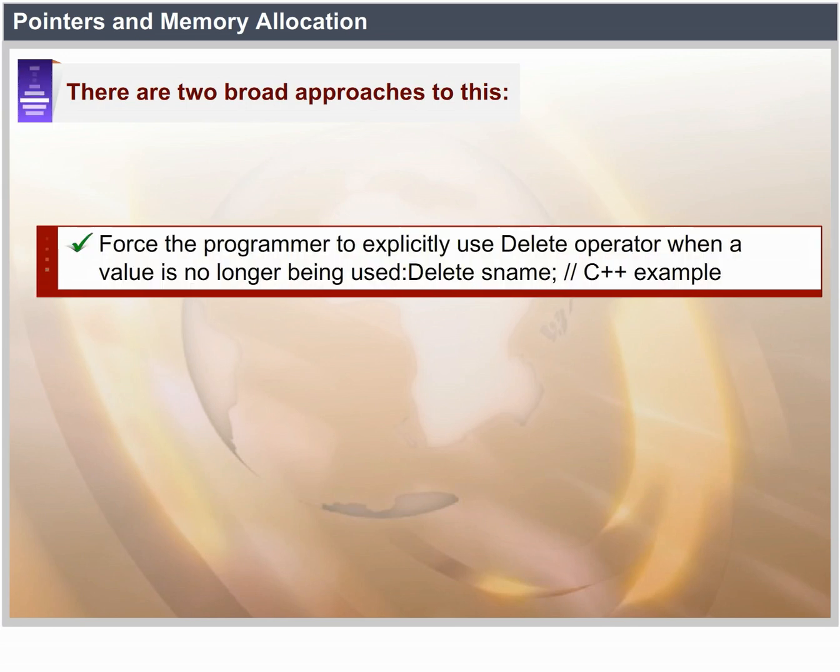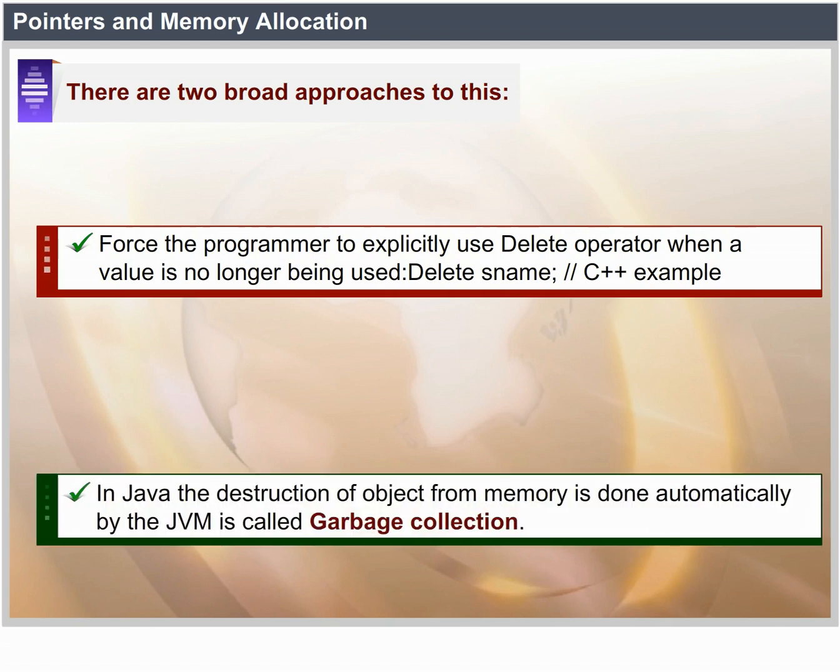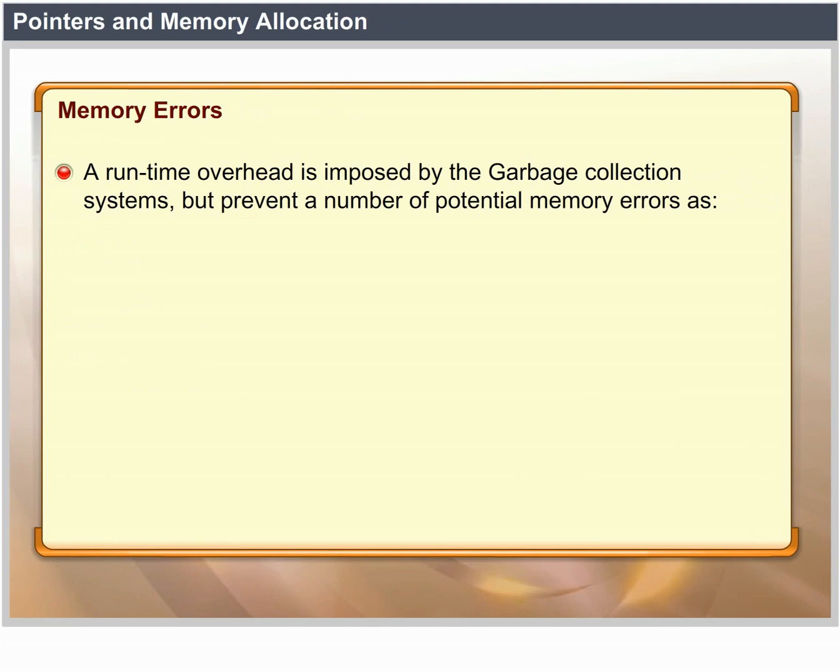Force a programmer to explicitly use the delete operator when a value is no longer being used: delete sname. It is used in C++. In Java, the destruction of objects from memory is done automatically by the JVM, which is called garbage collection. Memory errors. A runtime overhead is imposed by garbage collection systems,